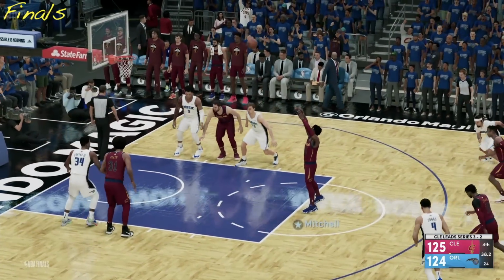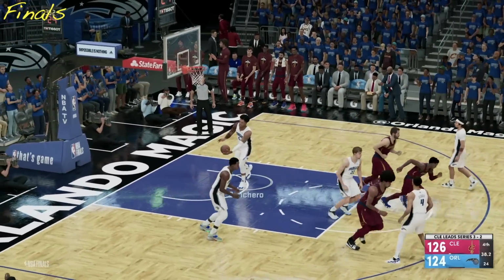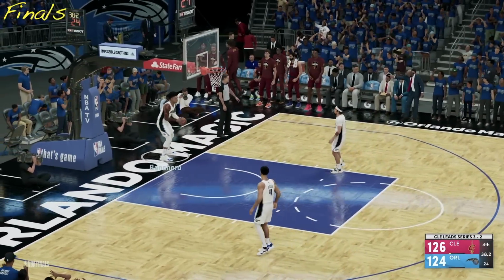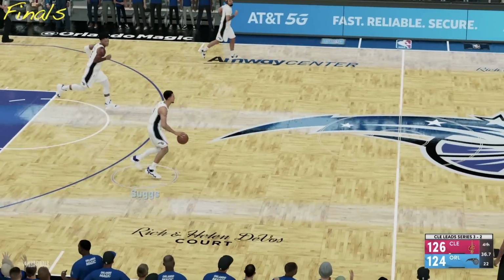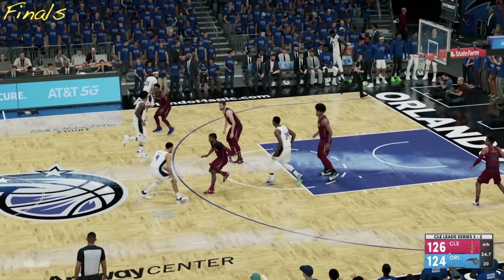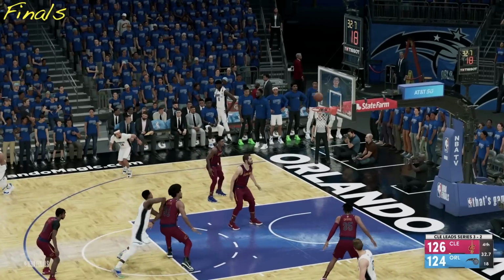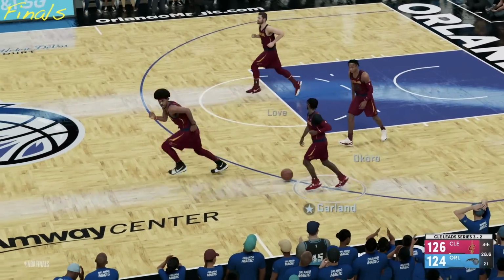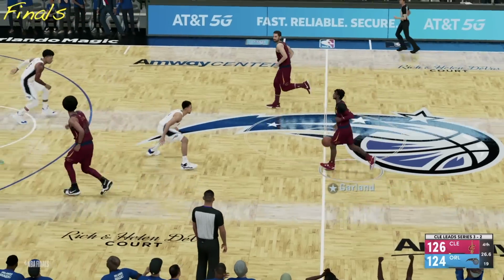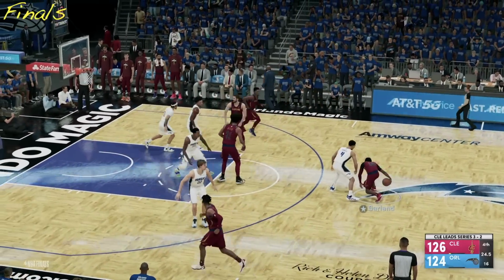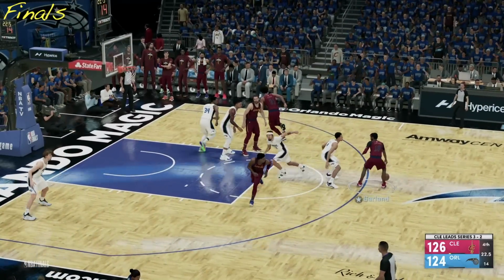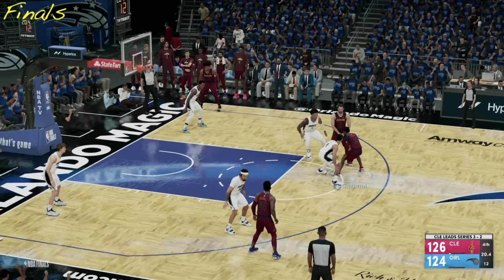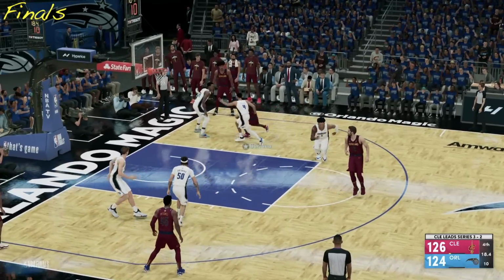Donovan Mitchell is at the line for the Cavaliers in Orlando when he knocks down the free throw to give the Cavs a 2-point lead, and they also lead the series 3-2, and it's Game 6 in Orlando right now. Can the Magic win this in 4-7? It's Jalen Suggs rims out a 3-pointer. Oh my goodness, that was so close to dropping, and that would have been for the lead. But here come the Cavaliers, a chance for the dagger, and a chance to win the finals right here on the road. 20 seconds, here is Garland around the screen.